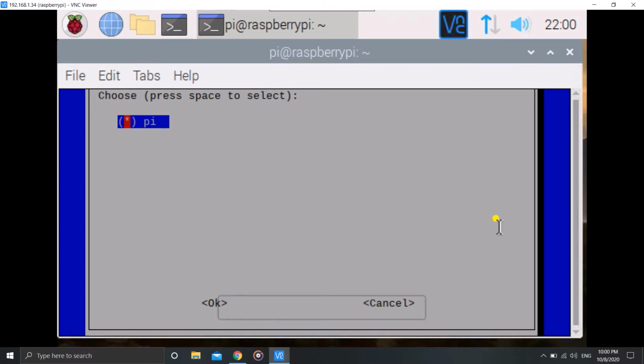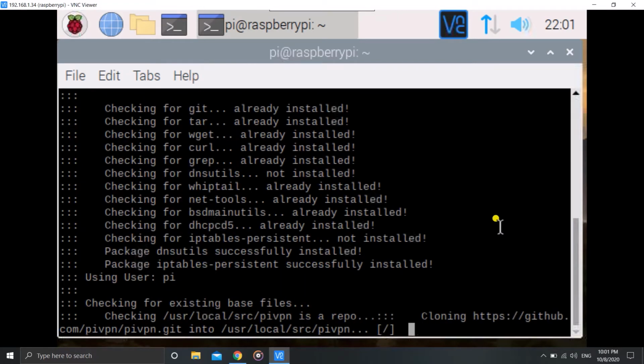And remember, for selecting you have to use the up or down key, and then not hit enter but first hit space, then your new selection will be selected, and then hit enter. So for now I don't have any options, so I'll just hit enter. In the next step I will show you all. This takes some time as it is cloning a repository into the location shown here.